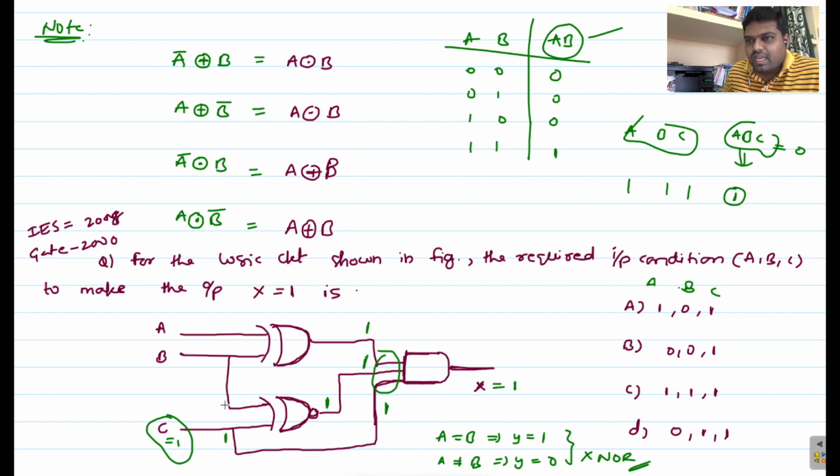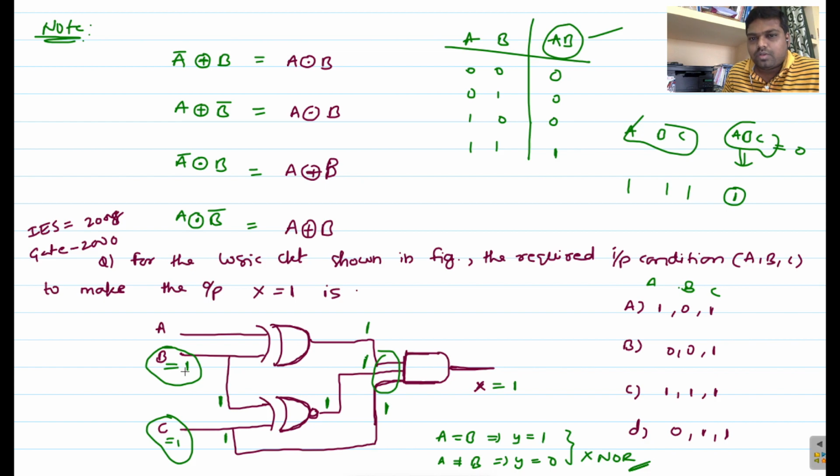So what is the second input here? This XNOR gate output is 1, which is possible only when both the inputs are the same. Here we have 1, so here also we can expect 1. Then only we will get 1 here. Otherwise we won't get 1 here, right? If both the inputs are 0 or if both the inputs are 1, then only the output will become high. But already we have 1 here, so to satisfy this output being high, we need to take 1 here, right? So this 1 is connected to the B terminal. That means B equals 1.